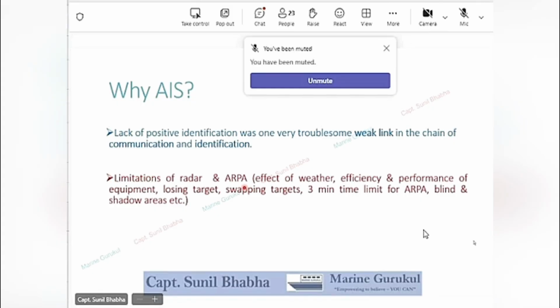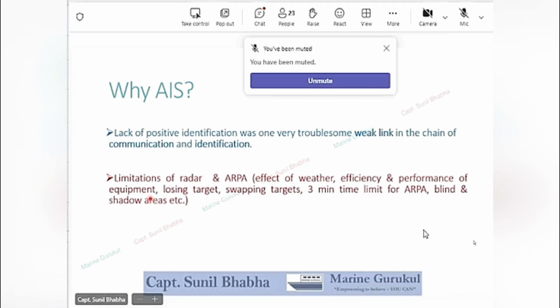Now, the radar as well as the ARPA equipment are dependent upon the state of weather. With the weather becoming bad, the effectiveness, the performance of radar as well as ARPA both go down. The efficiency and performance of the radar equipment also keeps on changing and needs to be monitored regularly and carefully.